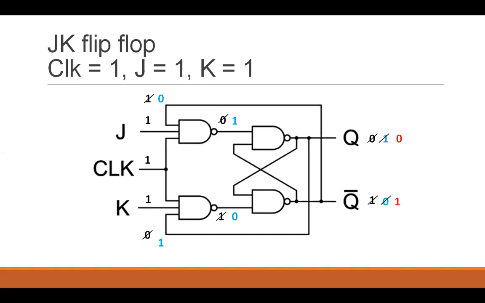So again you have new inputs and you can feed them back into the J and K. So the Q and Q complement values as inputs have been updated, and if you evaluate it again, you would see that on the J side you are going to have a 0, and on the K side you are going to have a 1. And again applying the NAND rule, this 0 would give us 1 at Q, and 1.1 are going to give us 0 at Q complement.